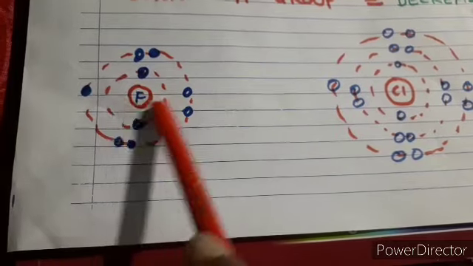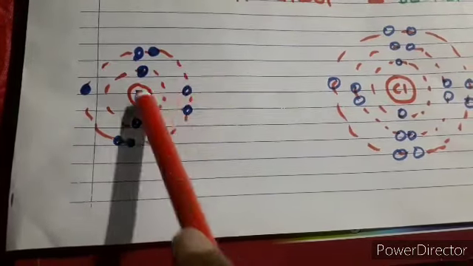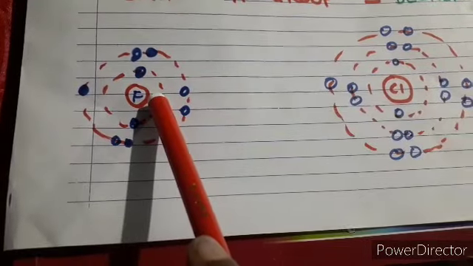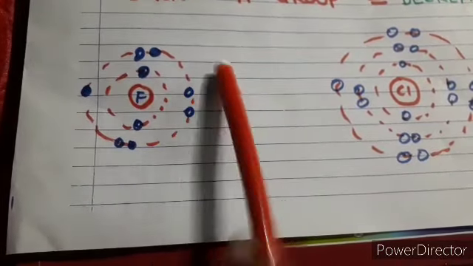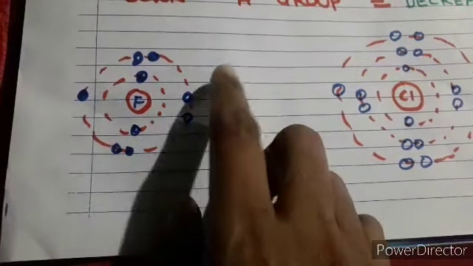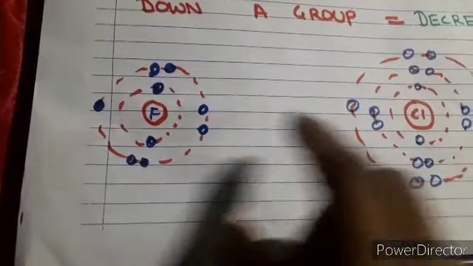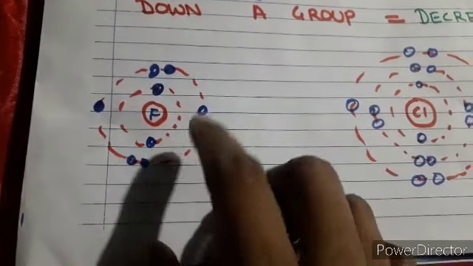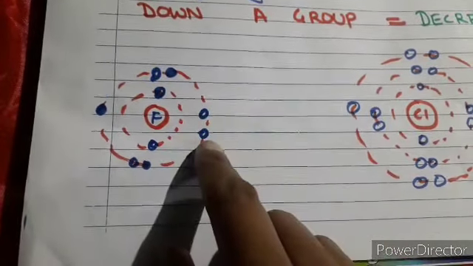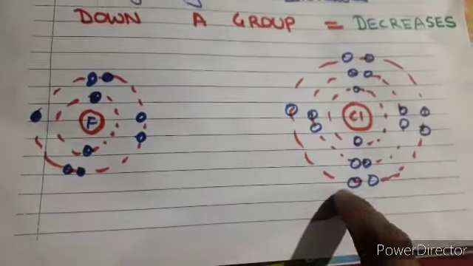You know why? Because this particular nucleus, the positive charge present on the nucleus, will attract the electrons to a greater extent, and the electrons can easily come inside this atom. This particular atom will more easily accept the electron in comparison to the other atom, right? Because its atomic size is less, so greater will be the attraction on the electrons.